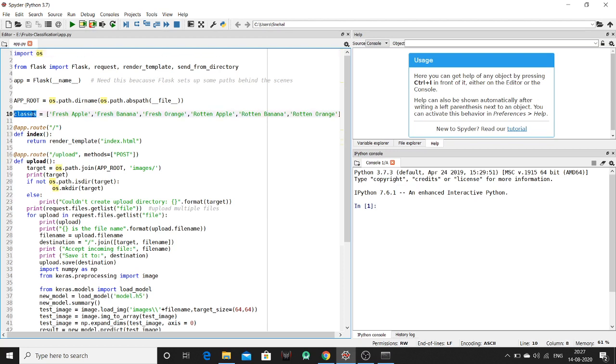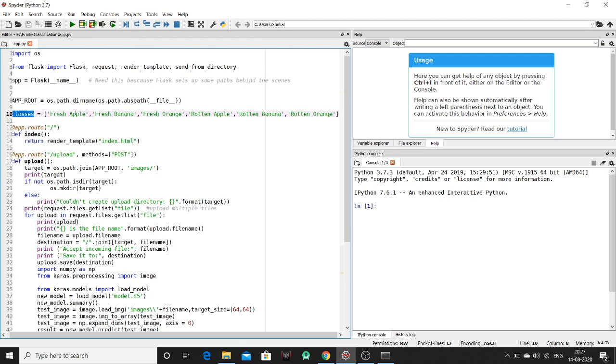Now we are creating a class which will hold 6 types, under the categories into which we are going to classify our fruits: whether apple is fresh or rotten, banana is fresh or rotten, orange is fresh or rotten.